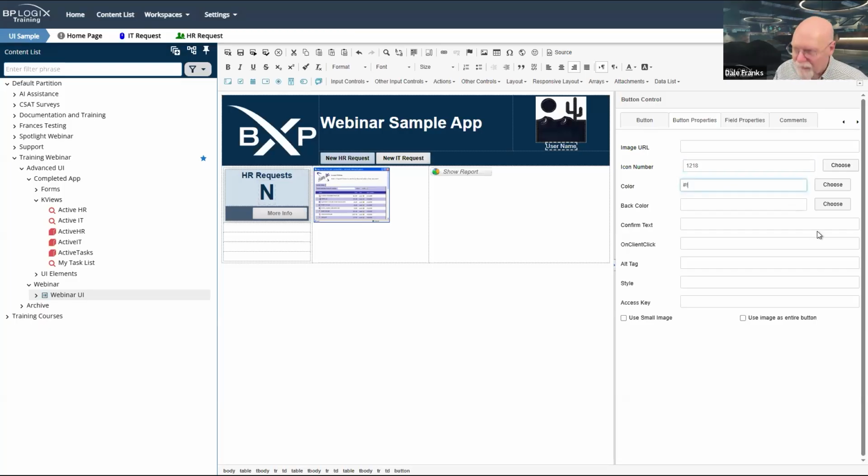So we'll just go with F, 1, 2, 3, 4, 5, 6. I actually could do it with just 3. I could just go FFF and that would work. And my back color, again, I want to be that navy color. So 0, 8, 2, F4D. And that is not a 0. That is an O. Great.